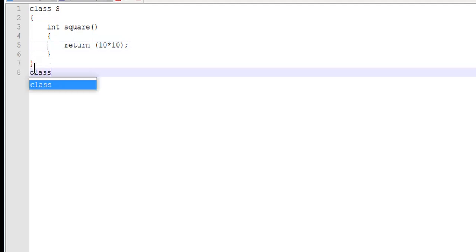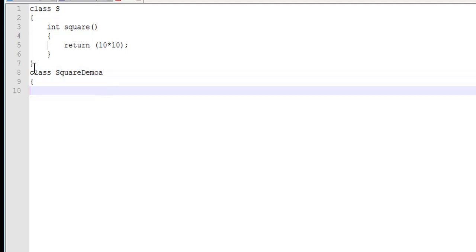Then we have the main class, SquareDemo A, with the main method, public static void main of String args.